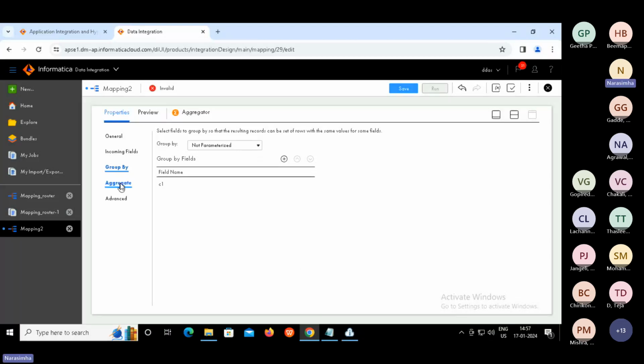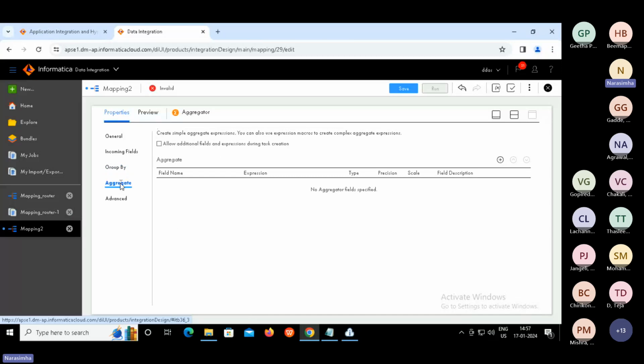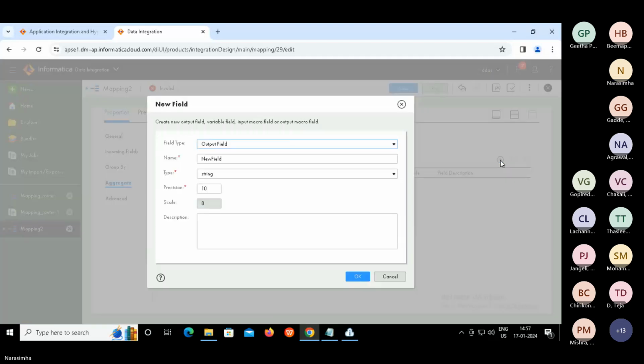Second is what? The column or columns that will be used for calculation. So that we are going to do now. Click on plus. Here you can supply count. Count is also one of the functions in the aggregator transformation, right?